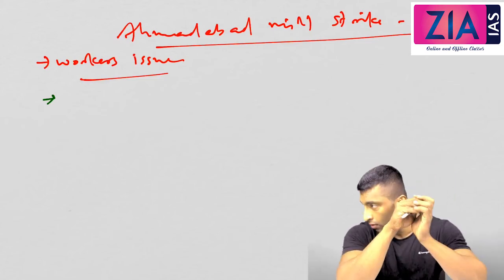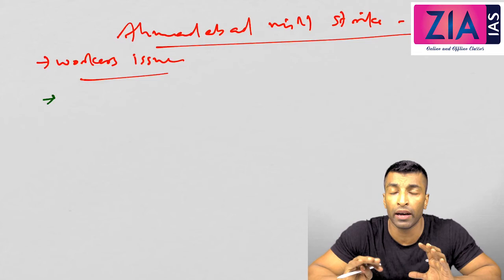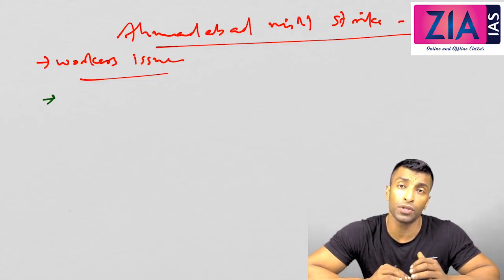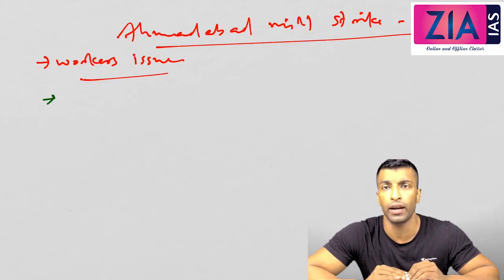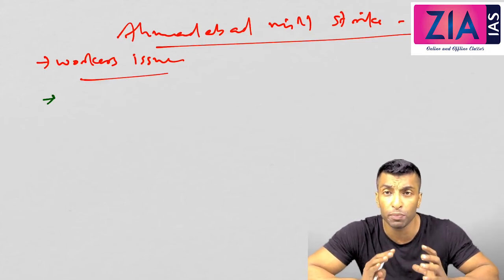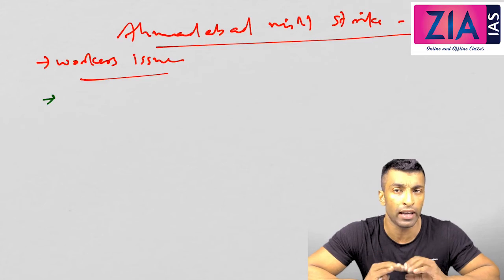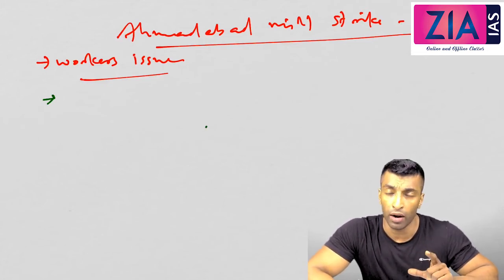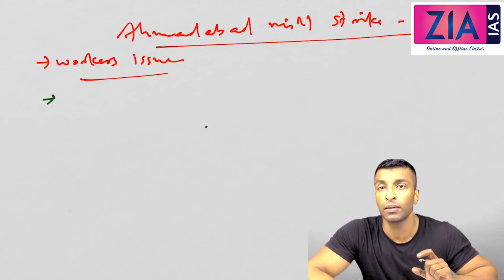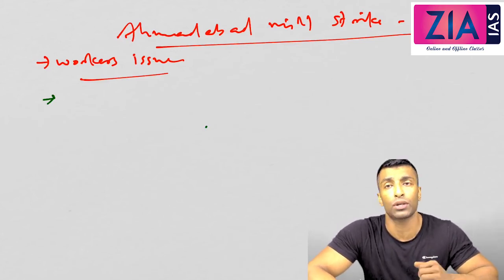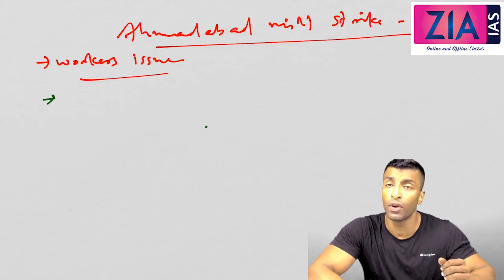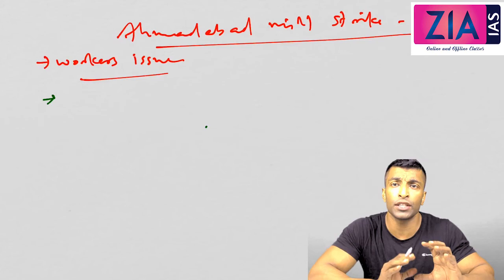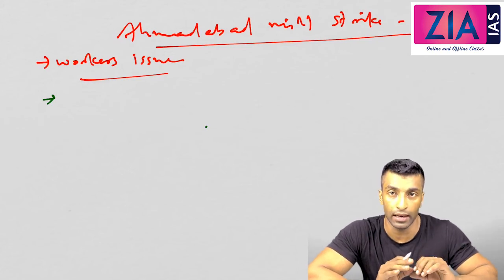Secondly, during World War I, English companies were not producing much. So the Indian companies were producing for the English as well as for Indians. So Indian capitalists made huge profits during World War I. They are the people who got the maximum advantage of World War I. But there was no salary hike in the case of workers. So workers demanded a salary hike of 1/3, 33%, and this issue is related to that point.